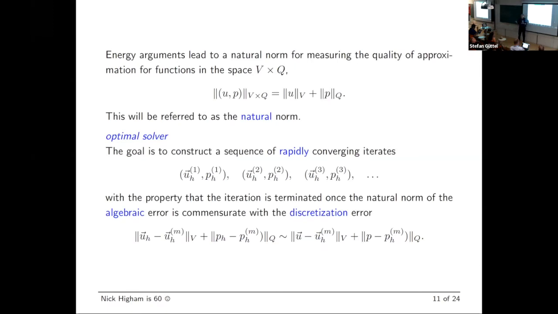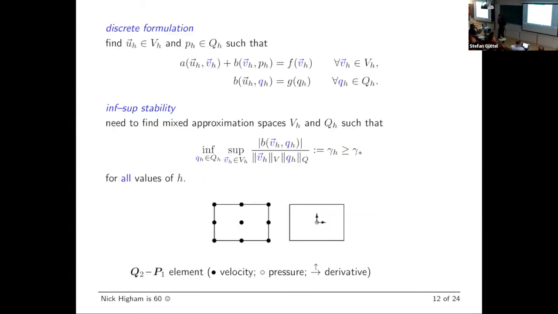IFISS has built-in error estimation telling you how close you are to the solution of the PDE. So if we can figure out the constant here, the equivalence constant, we can be precise about when to stop. And IFISS does this actually automatically. And the key ingredient to this is this famous inf-sup condition. This is a compatibility condition in the Stokes sense between the velocity approximation and the pressure approximation using finite elements.